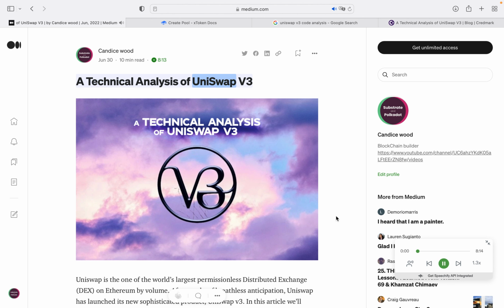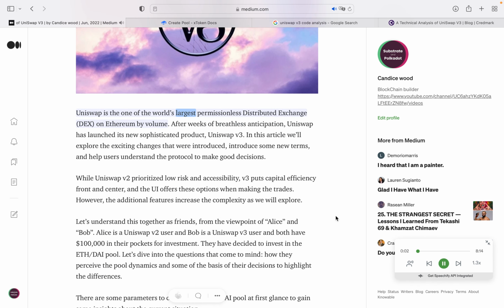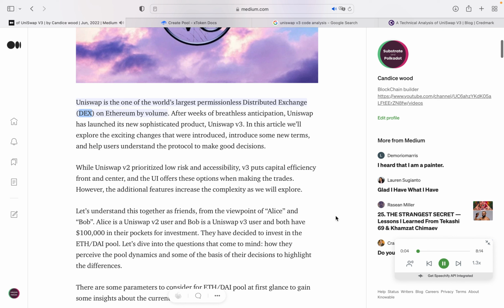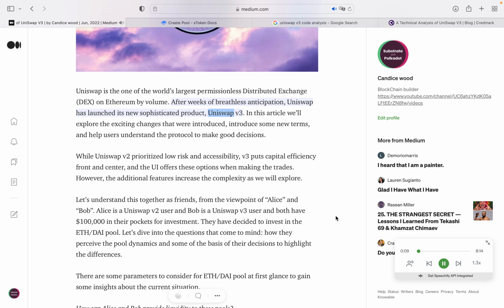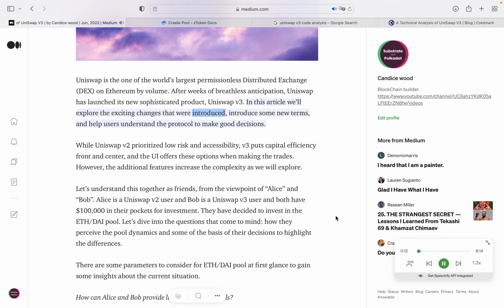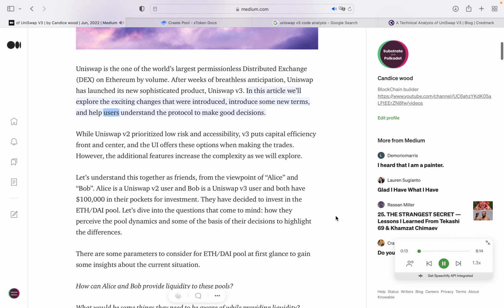Technical analysis of Uniswap v3. Uniswap is one of the world's largest permissionless decentralized exchanges (DEX) on Ethereum by volume. After weeks of breathless anticipation, Uniswap has launched its new sophisticated product, Uniswap v3. In this article we'll explore the exciting changes that were introduced, introduce some new terms, and help users understand the